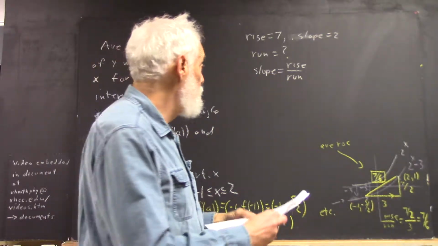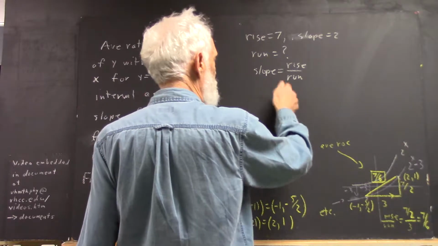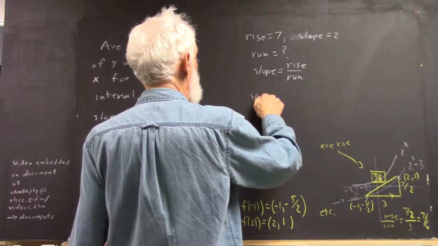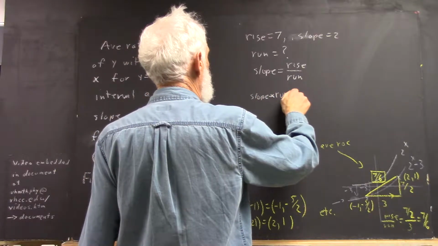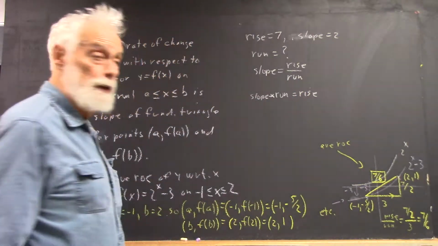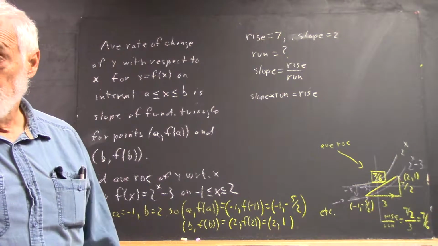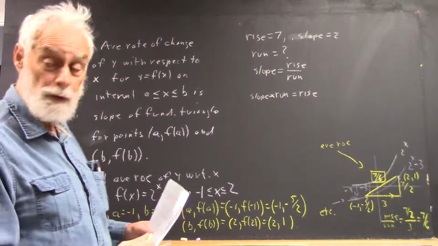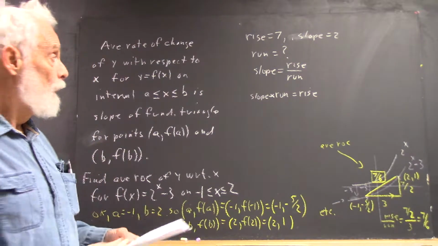What I'm going to do instead, I'm going to say, okay, well, if we have this, we can multiply both sides by run. So we get slope times run equals rise, right? As long as the run isn't 0, and somebody encountered that, it means you have an undefined slope, okay? Make sense? Or we could say,